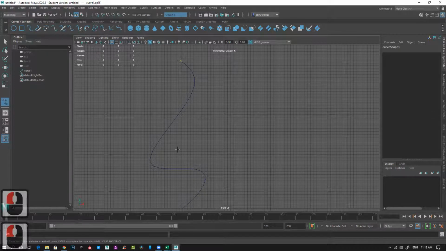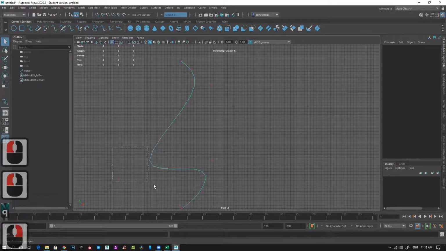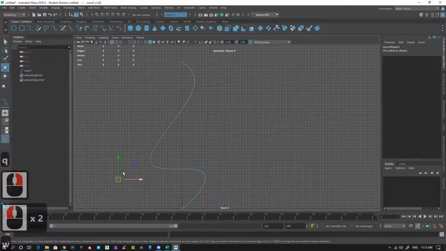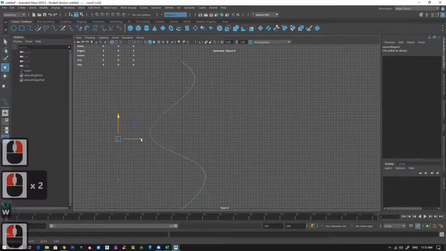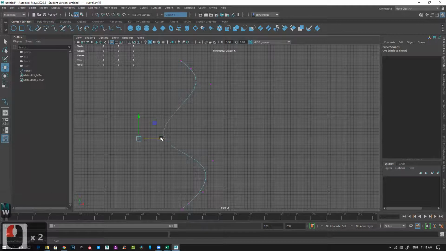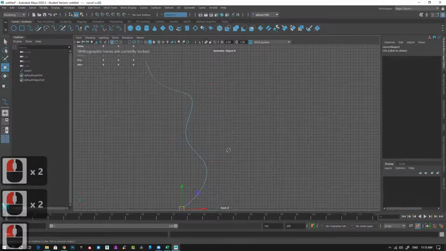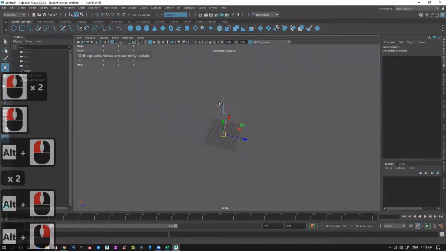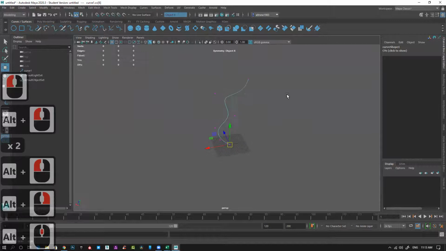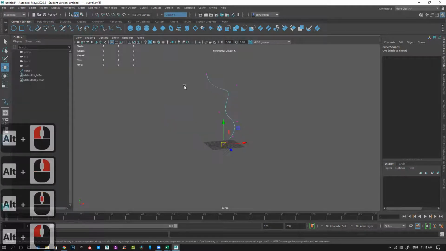Okay, I'm just simply creating a random shape. So now I have this shape, some random shape.